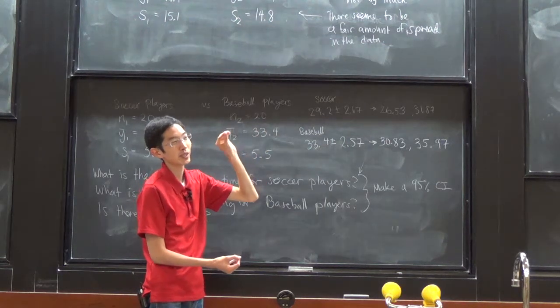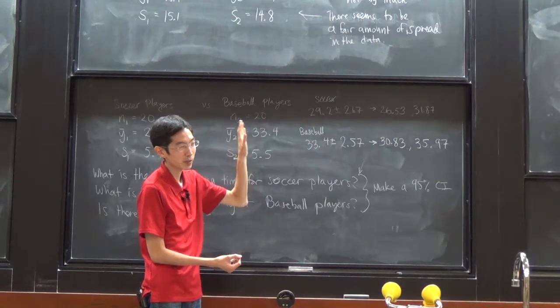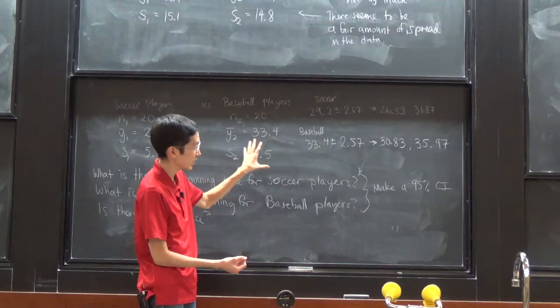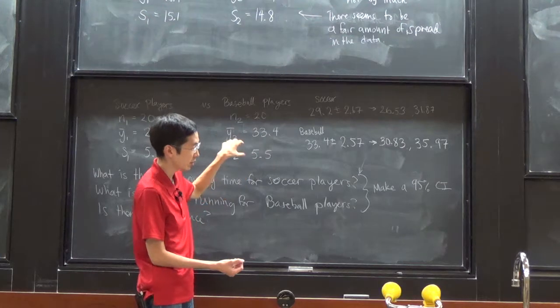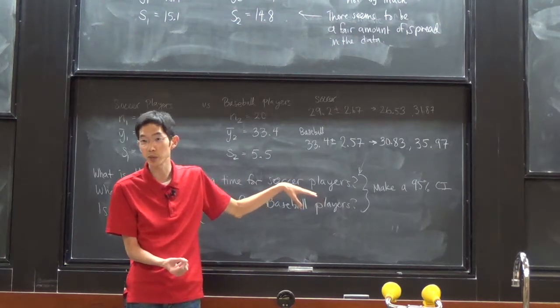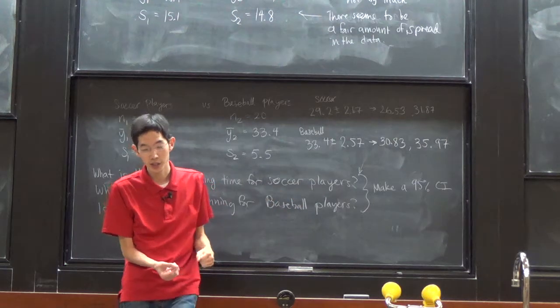The only way it's possible for baseball players and soccer players to have the same mean running time and for us to see data like this is that our sample had to be low for the soccer players and our sample had to be high for the baseball players. Okay, and